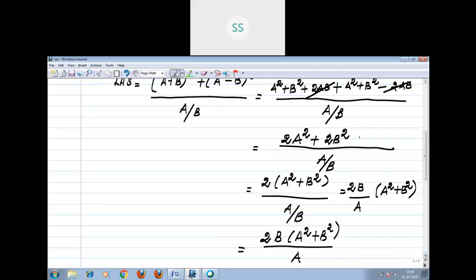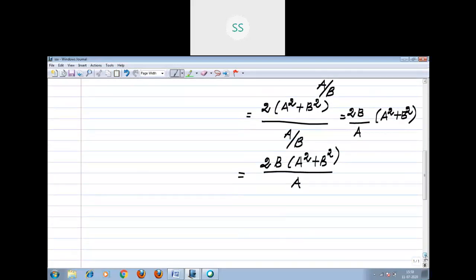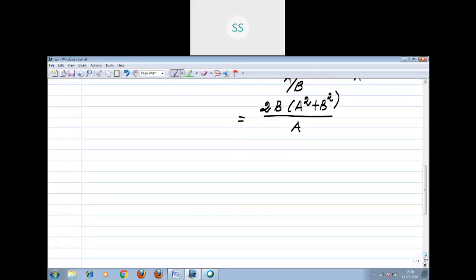Next, you want to find what a square plus b square is. Now we'll pass on to how to find a square plus b square. A is given, b is also given. You have no issue. Using that only you are going to prove. You didn't do anything wonderful here. A equals what is given. See, you have to read the question. A equals x divided by x plus 1.